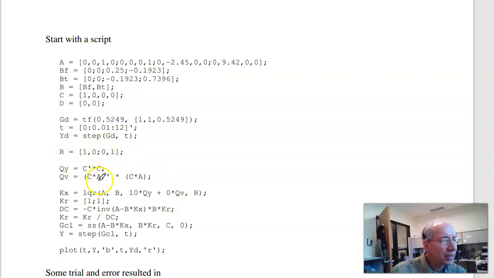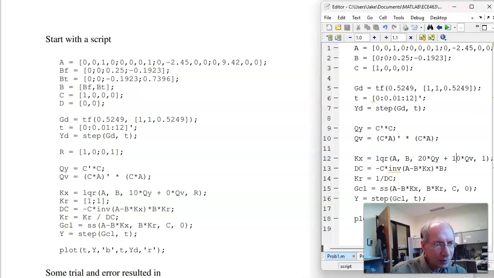And again, the DC gain comes from right here. There's KR. I'm going to guess the DC gain, or KR, is 1. Find the DC gain. This is now a 1x1 matrix. I can invert a 1x1 matrix, and that gives me my constant to make the DC gain 1. To find your feedback gains,